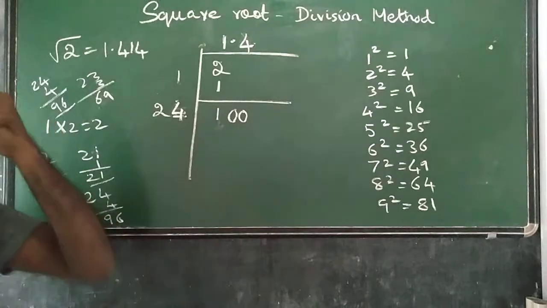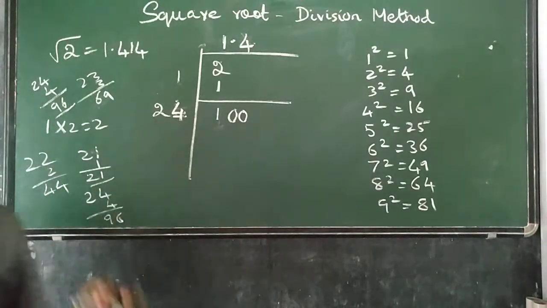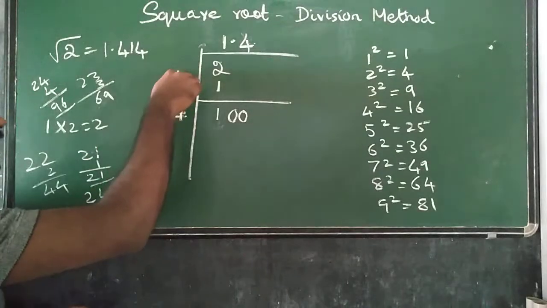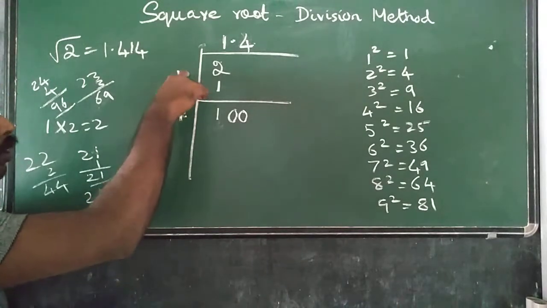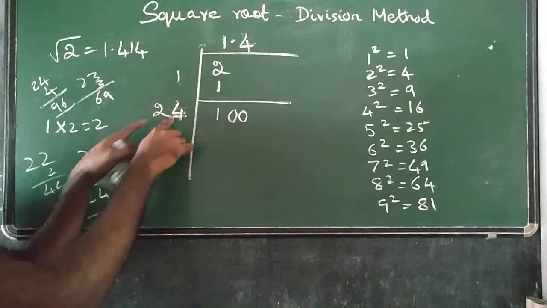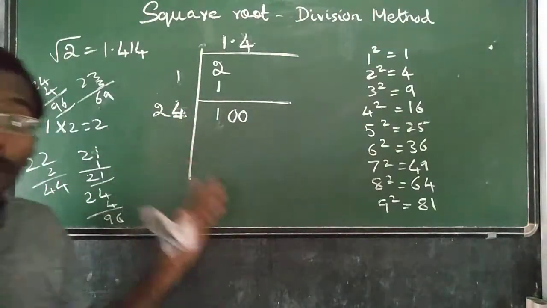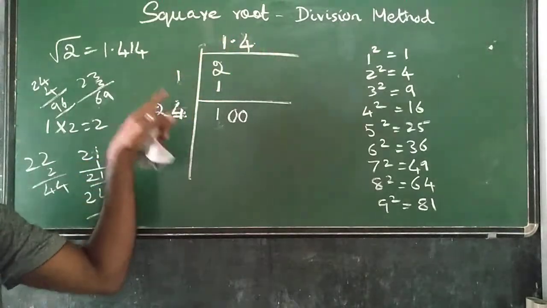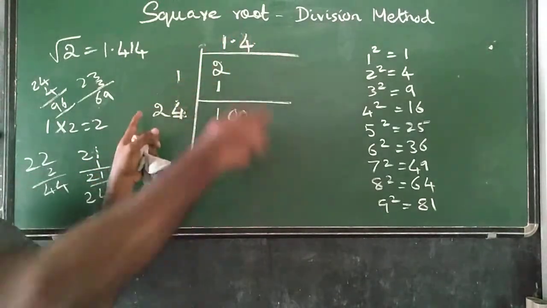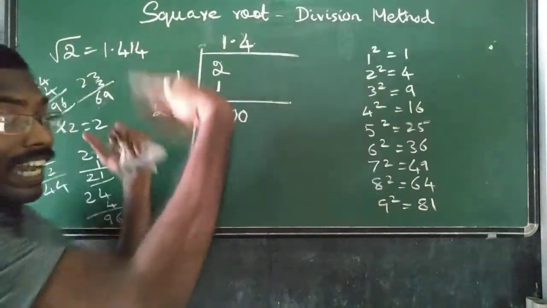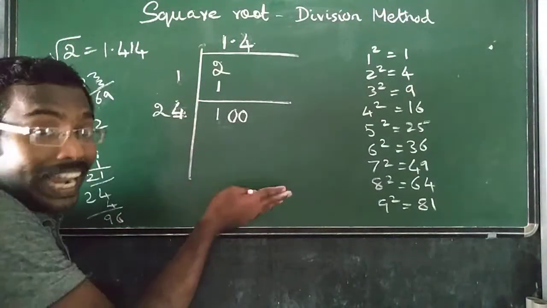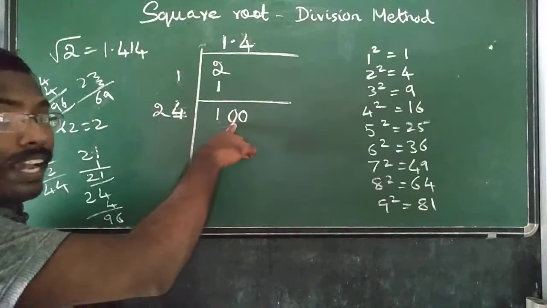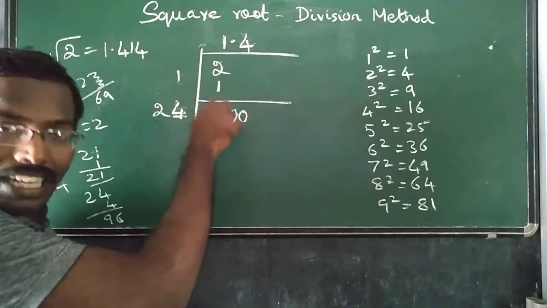Understood or not? This step is the complicated one, but how you will do it is, the one digit that is there should be multiplied by 2. So 1 twos are 2. Then another one digit you have to write. How will you write that digit? You have to put some values. Here 1 means here also 1. Here 2 means here also 2. Then you have to multiply both values and check that the value should be nearest, and at the same time it should be less than this value, that is 100.